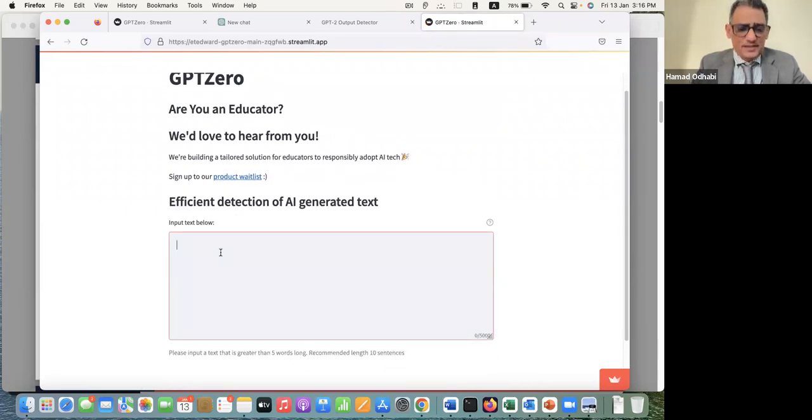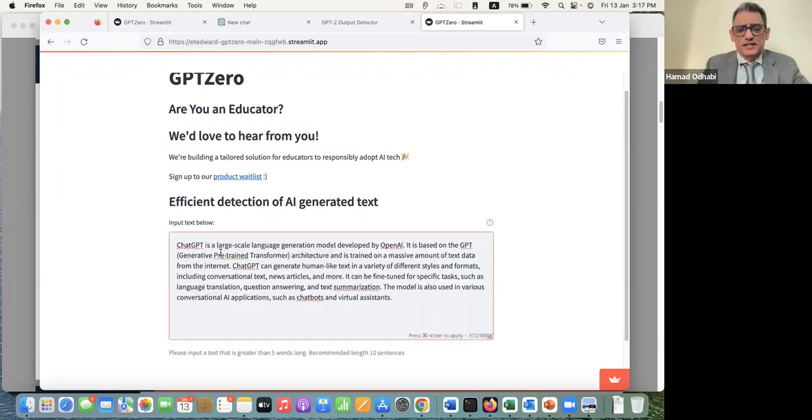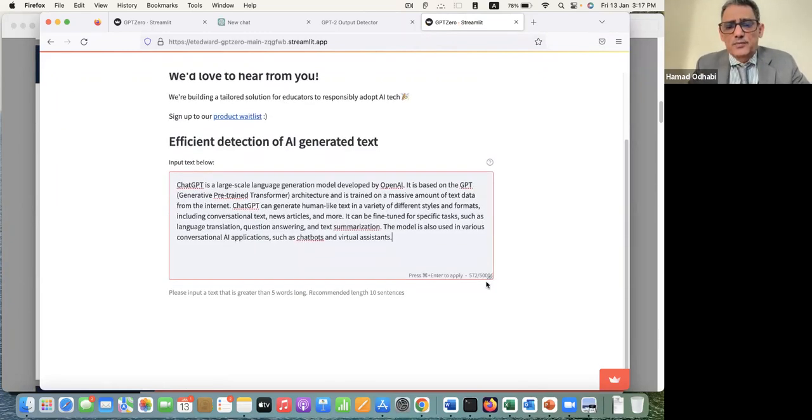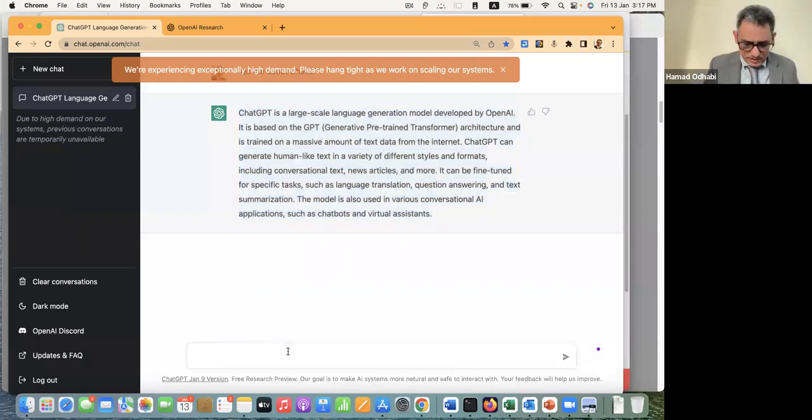And again, similar thing, you just paste your text here. It will start now, but this one has this issue. It needs the recommended number of sentences to be around 10 sentences to work well. But let's say, write 300 words